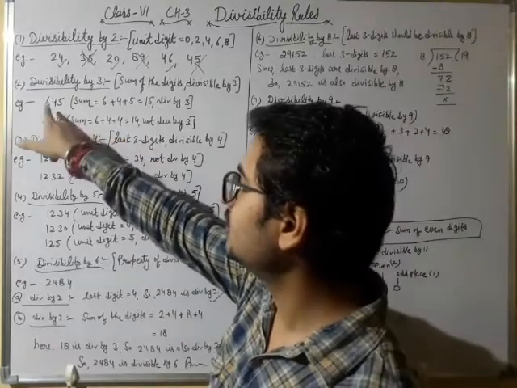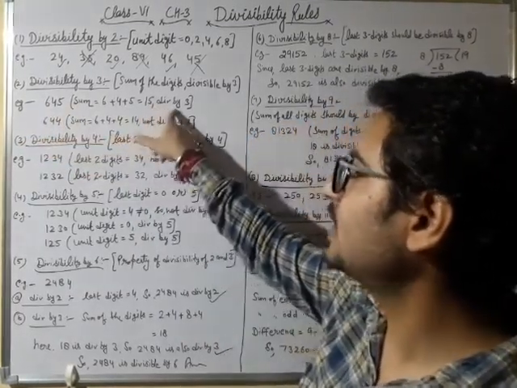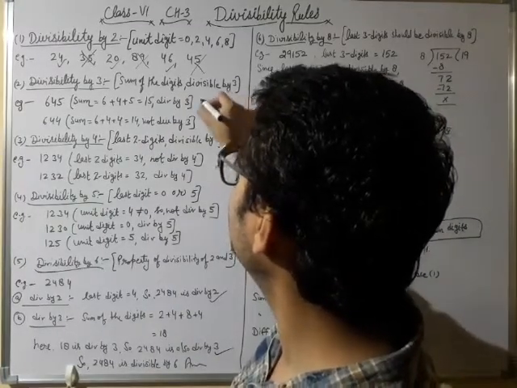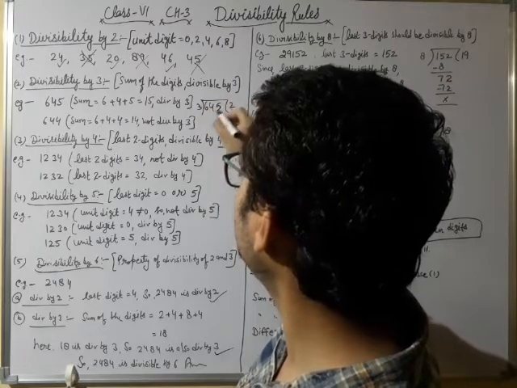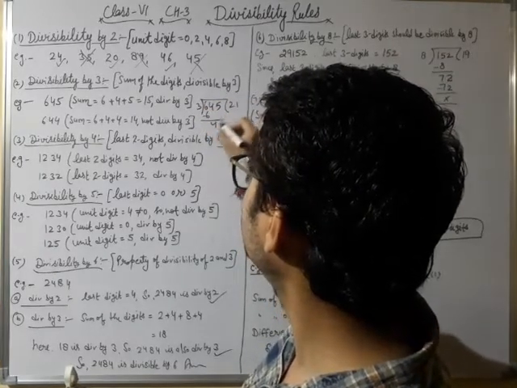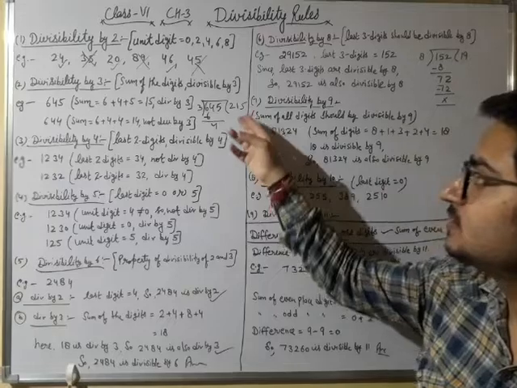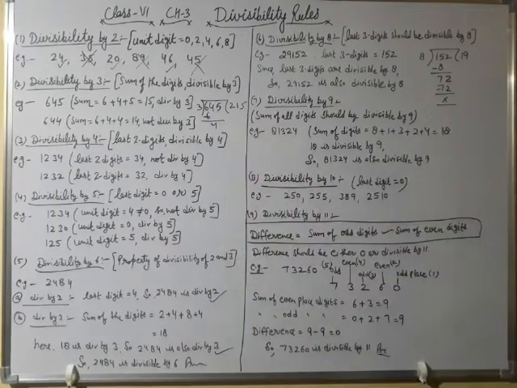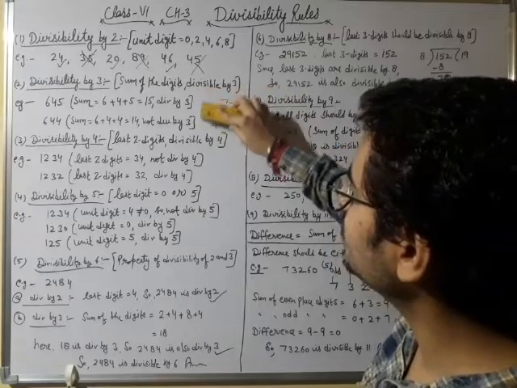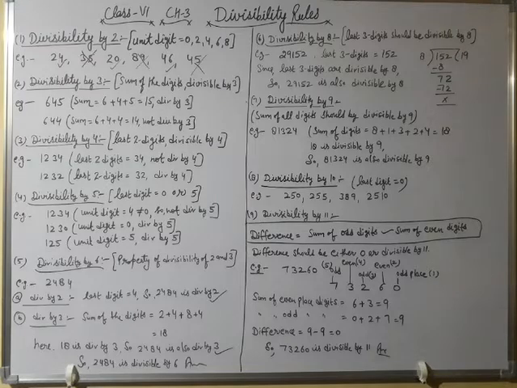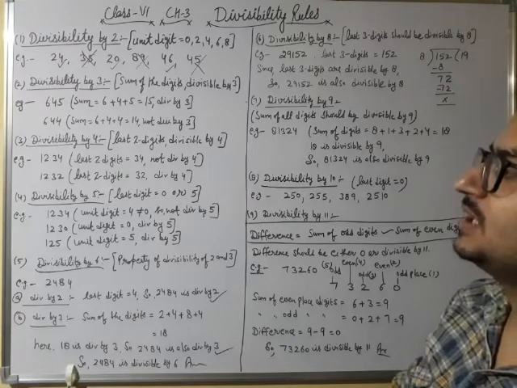We can also check whether 645 is divisible by 3 or not by simple division, like this. 645 is divisible by 3. So 3 twos are 6, 3 ones are 3 and 3 fives are 15. We can also apply simple division to check whether the given number is divisible by 3 or not. But we will not do it by this method because we have to apply the property. If we do direct division, then we will get 0 marks because it will be mentioned in the exam that you have to follow divisibility rules.